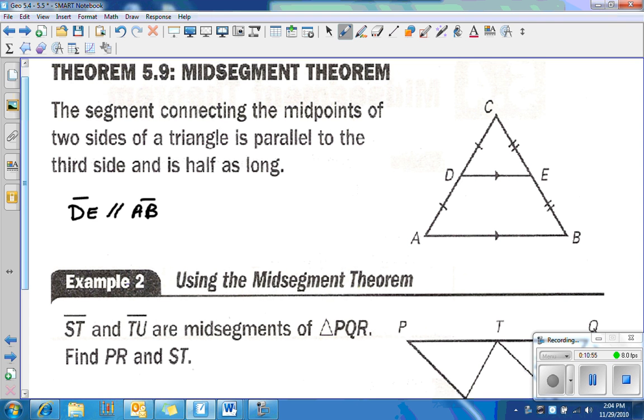Okay, if that's the case, then we can always know that the midsegment is always going to be half of its parallel side. So whatever, if AB is 10, then DE is 5, right? Half of it. If DE is 6,